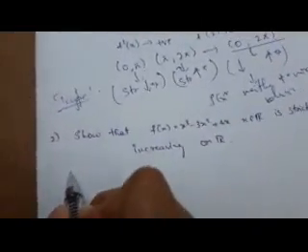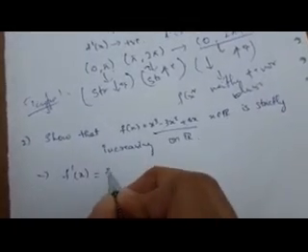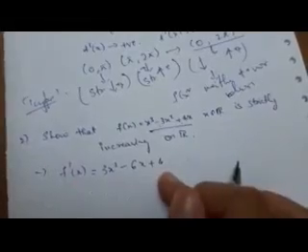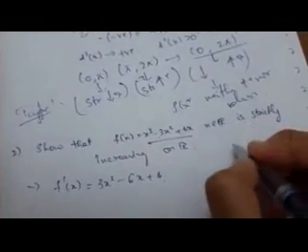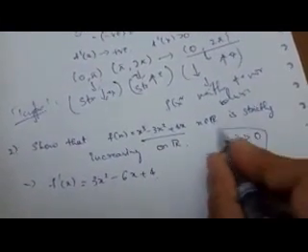So how are we going to deal with it? As usual, first I find its differentiation, that is f dash of x. The differentiation of this is 3x square minus 6x plus 4. So this is the derivative of the given function. To say this function is strictly increasing, we need to show that f dash of x is strictly greater than 0. When f dash of x is strictly greater than 0, then we say it is an increasing function. So we need to approach this point.